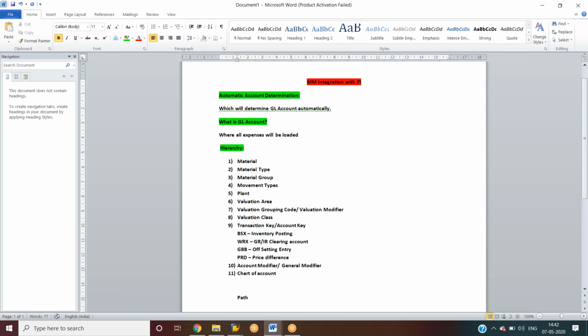Path: SPRO, IMG, Material Management, Valuation, Account Assignment, Account Determination, and Account Determination Without Wizard.